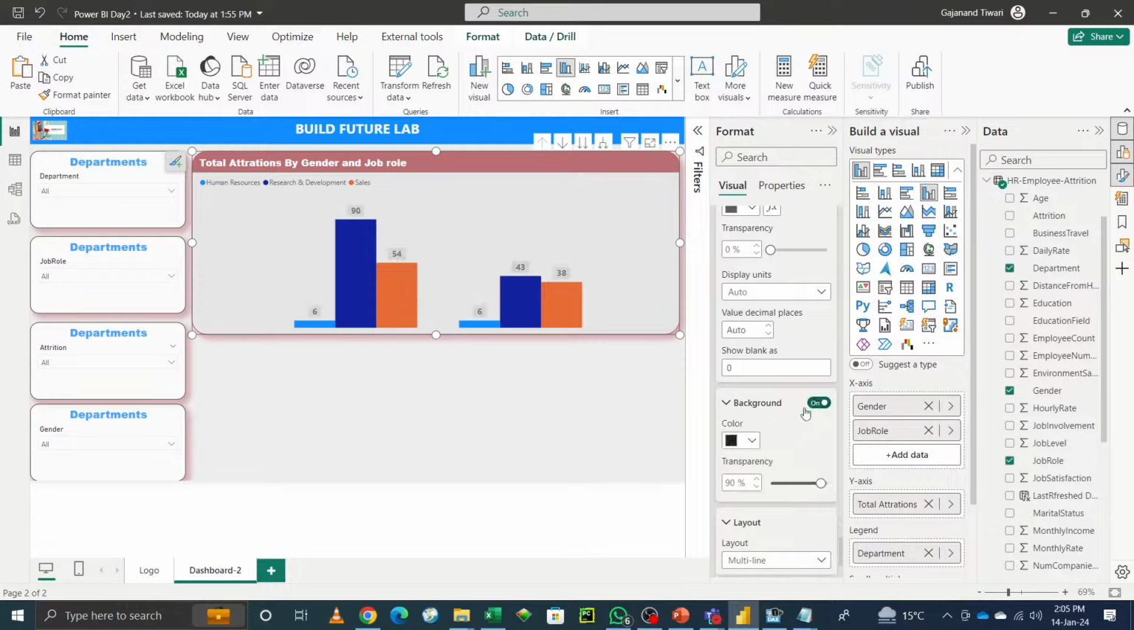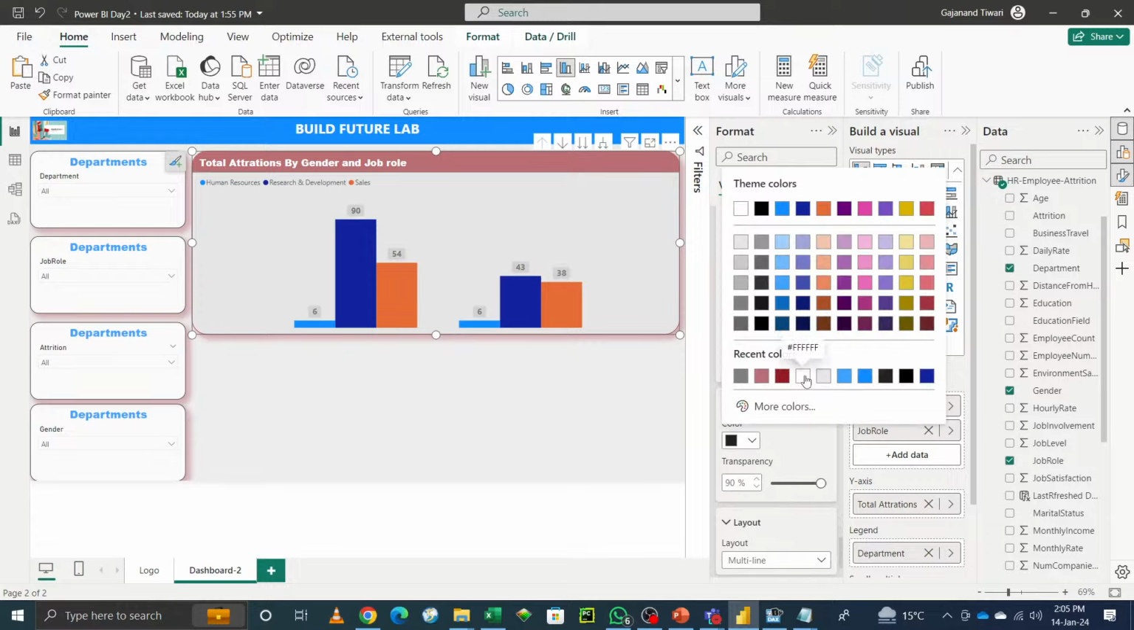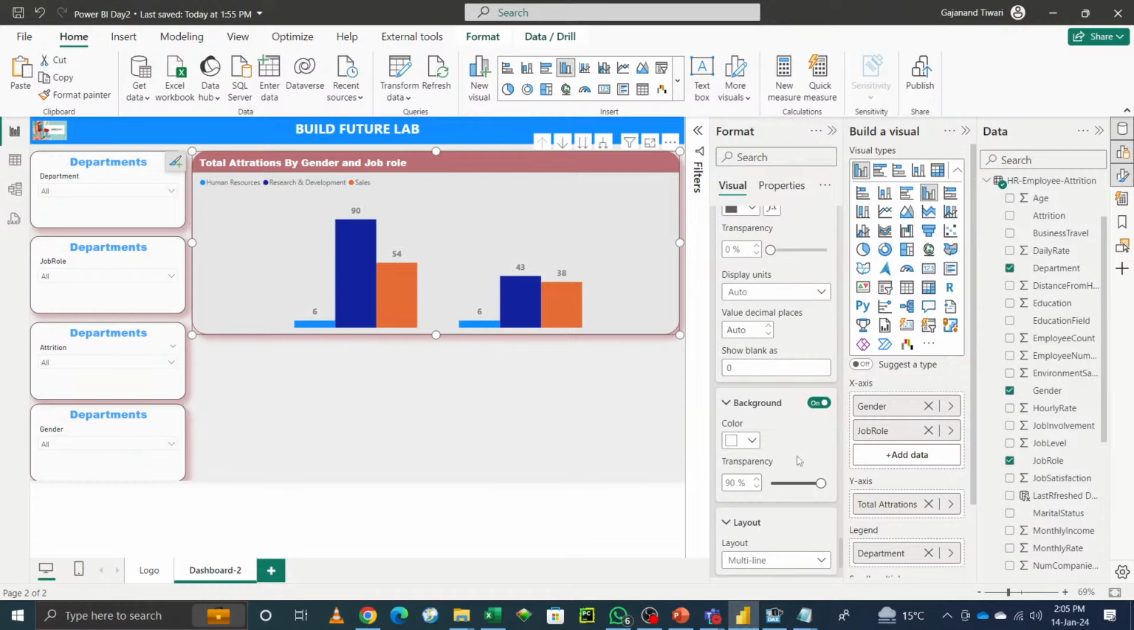Background color. Sir, please, we can continue. Can you give us 5-10 minutes break so that